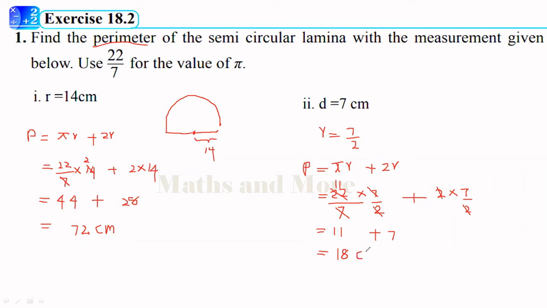Can you understand? Perimeter of a semicircle is 5r plus 2r. If the diameter is given, you can write it over 2, divided by 2. And after that, we don't divide that by 2. Just substitute the same value, because when you substitute in the same way, you can cut these 2 with other values. That is why I directly substitute that way.